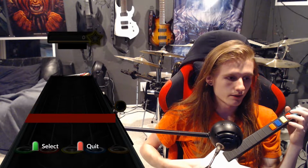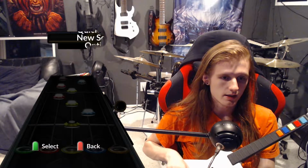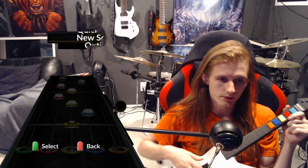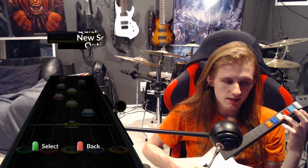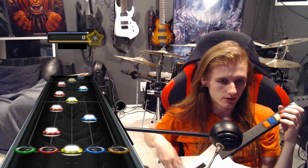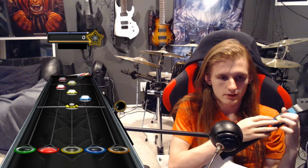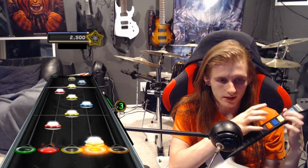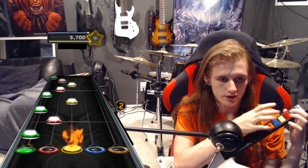And now we are at the final actual section. Back when I played this in Guitar Hero 3, this section used to fail me if I didn't have star power, which sucks because it's at the very end of the song. So this is kind of a weird pattern, and there's a couple ways you can do it. I'm just going to show you in slow motion. So the way I usually do it is like this. I know this is probably not the most efficient way of doing this,